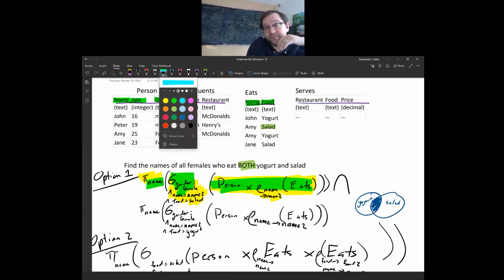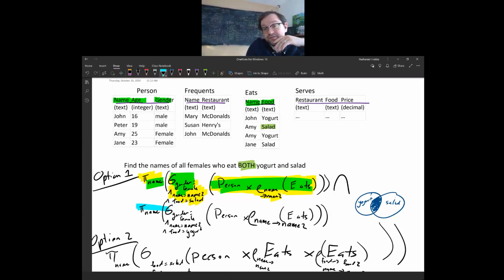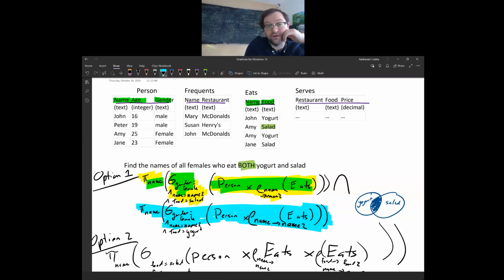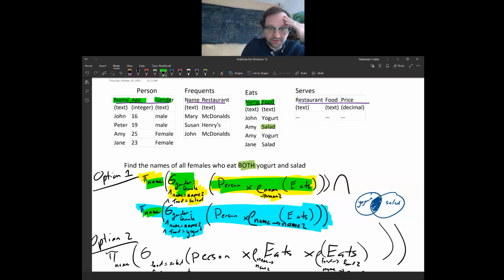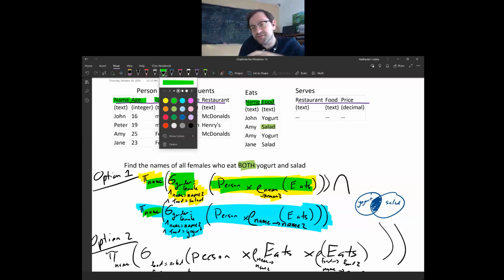Similarly, this relation down here, or the second part of the query, is also going to return a relation with a single column, again, that column being name. And these both have to be done first. So the yellow query and the blue query each have to be done first before the intersection,